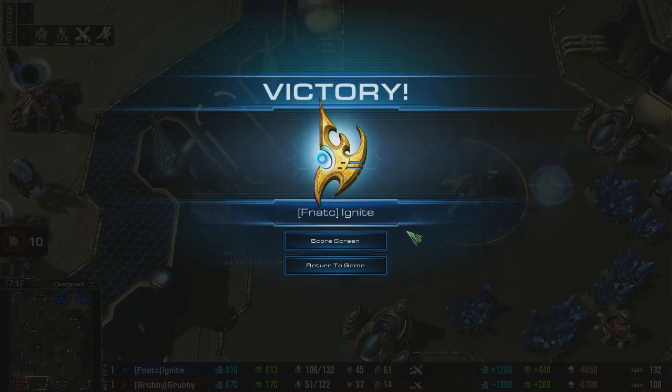Very convincing. Ignite's playing of the mid game, or like the early to mid game stage, is a lot better. I feel like often Grubby has a chance to kind of get an edge early game, but then like slowly